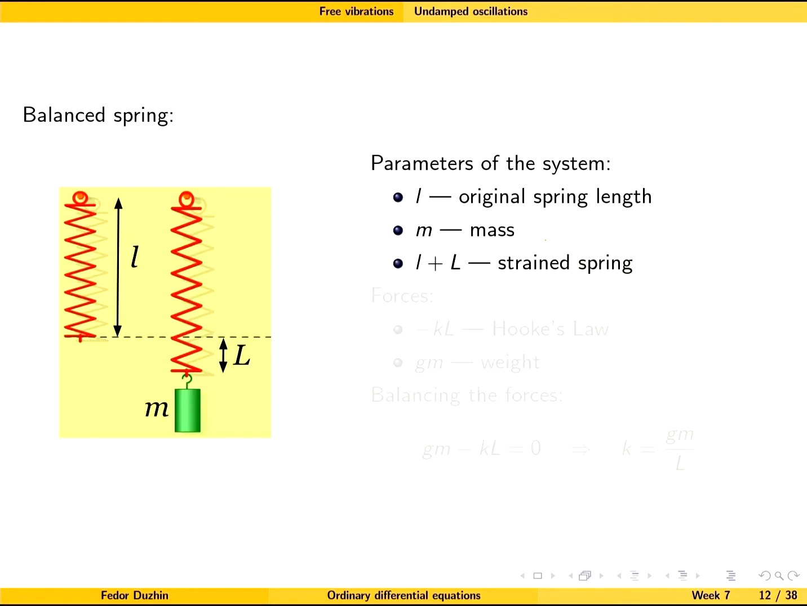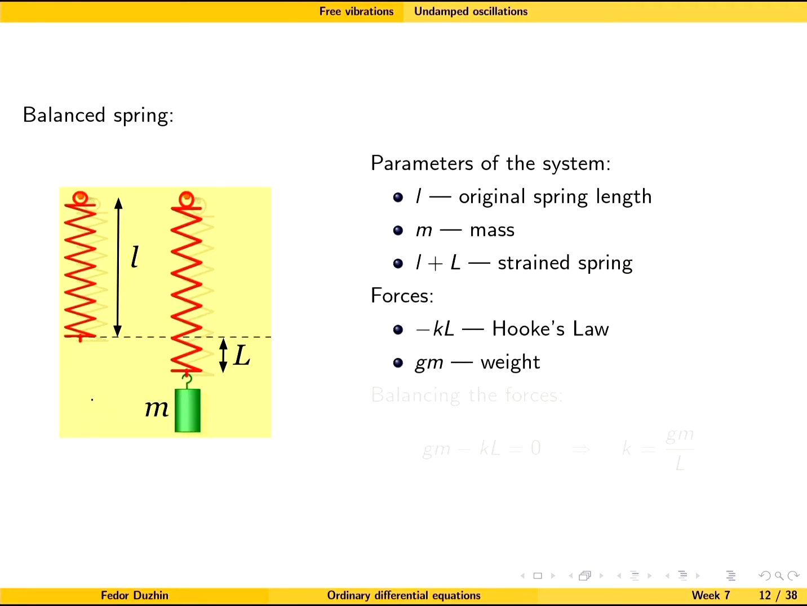Now, suppose that we have a spring, and the length of that spring is the small l. But then imagine that you put a certain weight on the spring, right? So here you attach an object to the spring. Then what's going to happen is that the spring will be strained,